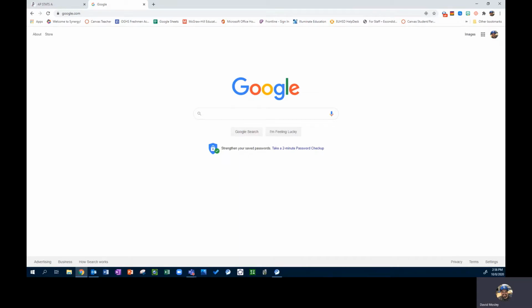Today we're going to be reviewing how to use the Desmos Graphing Calculator. Alright, so on our home screen here on our computer, we're going to go to